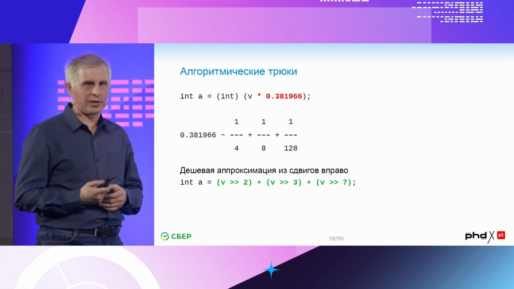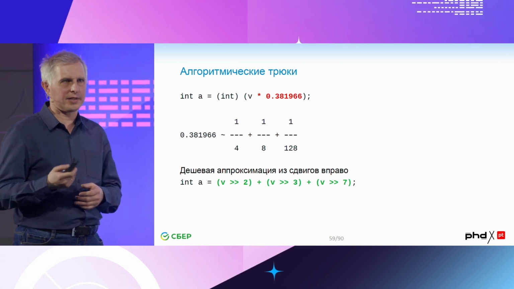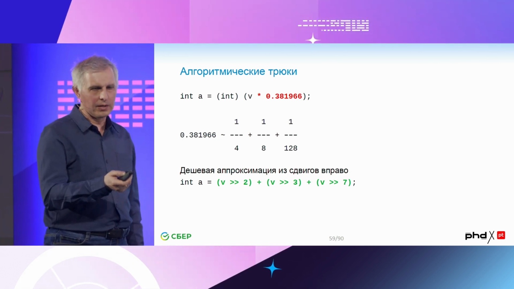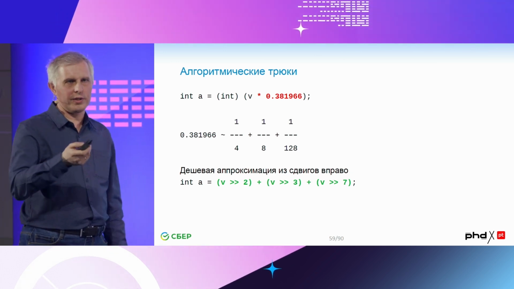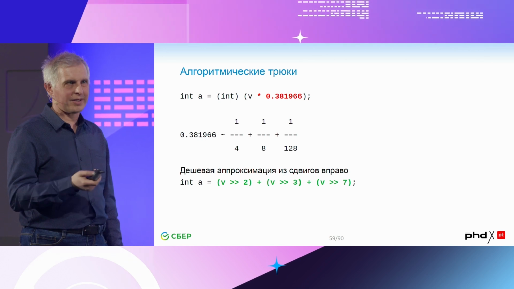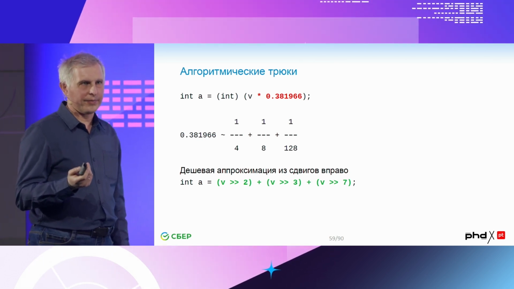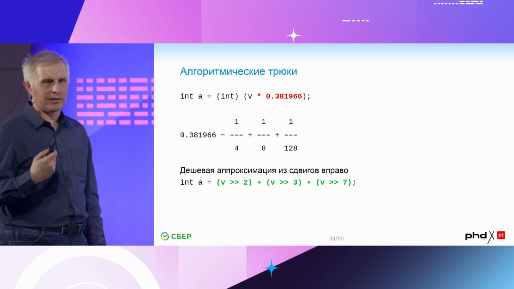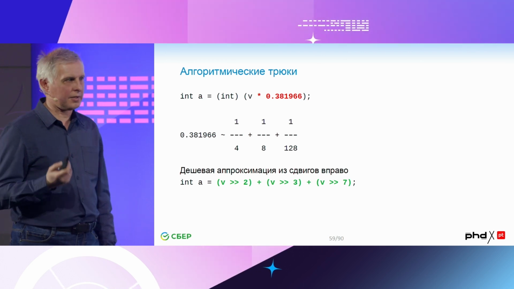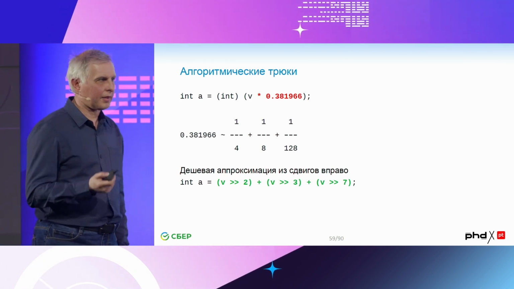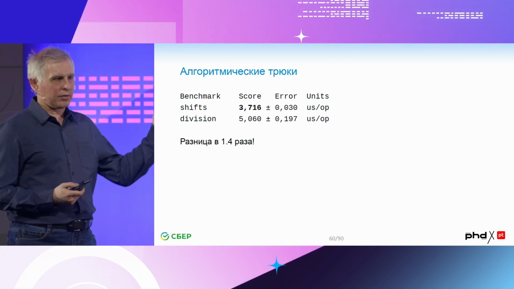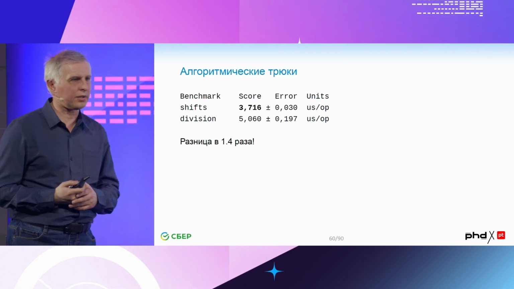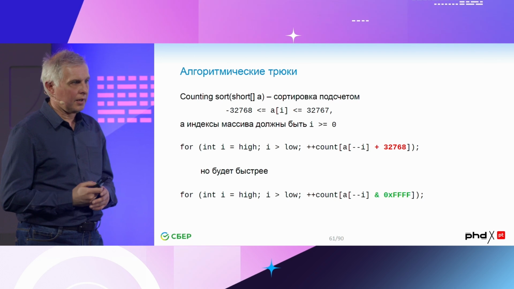The most simple method: let's turn this real number into 1 divided by a degree of 2. So we can approximate 1 divided by 2 in k degree, which is to move it by a certain number of bits. So we do this using a simple, cheap approximation. We can make our arithmetics. So you can see the difference. It's not much. It's 1.4 times. However,